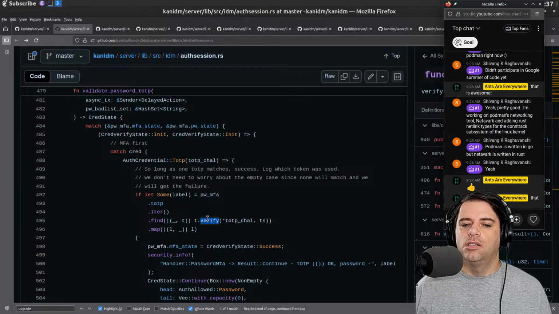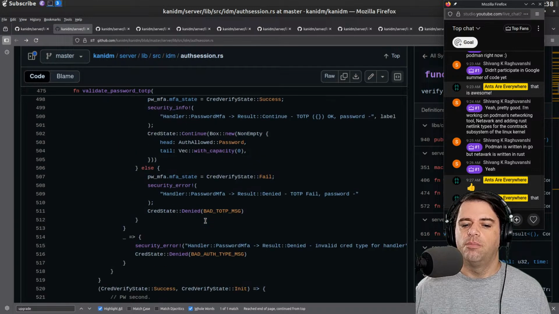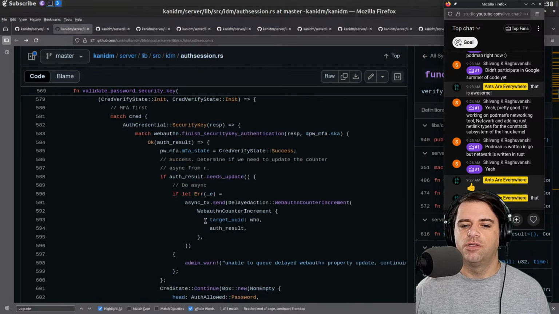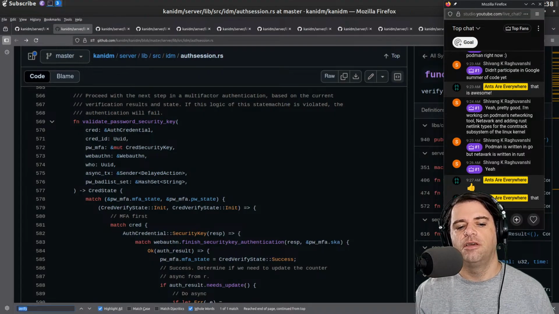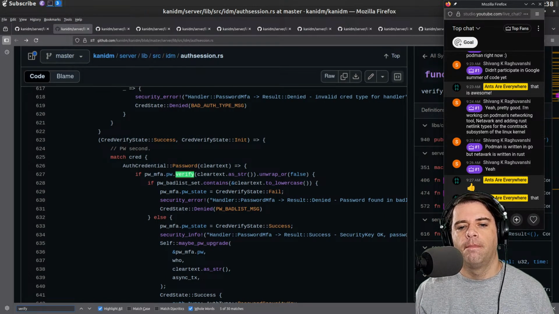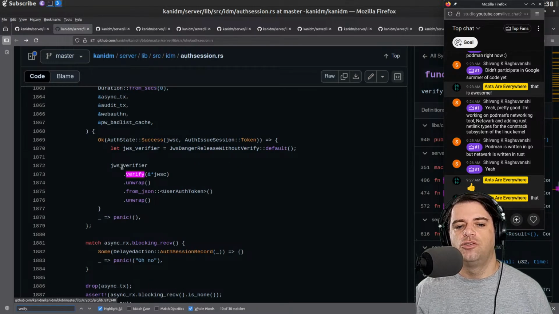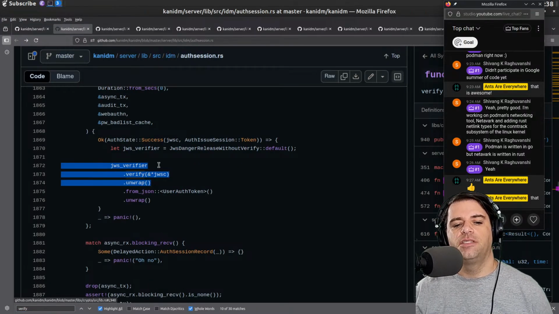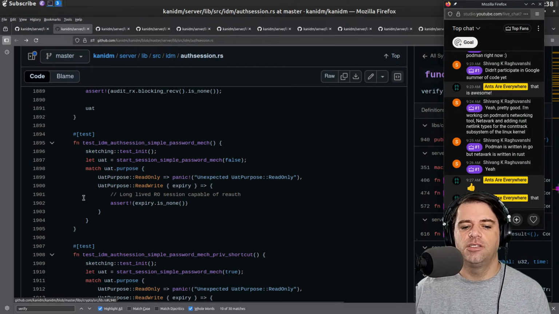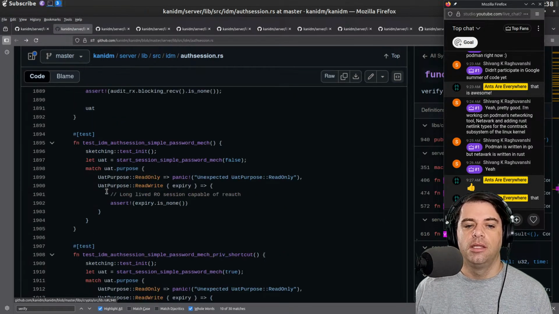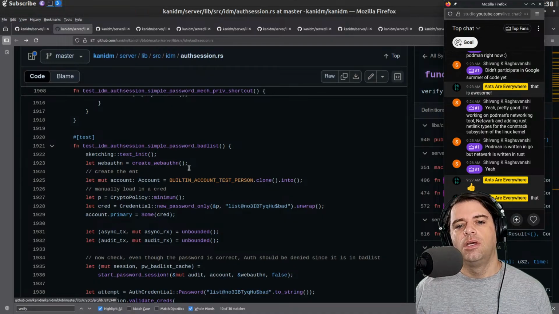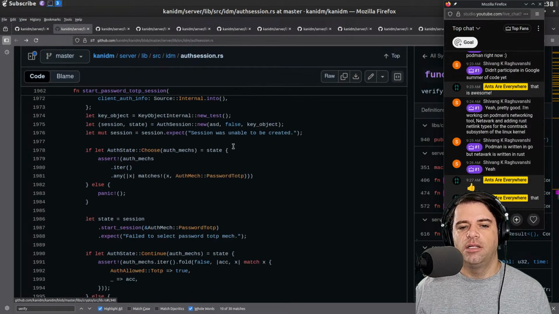And I don't know what kind of object this is, like where this method would be found, but presumably in the thing that has the structs for the MFA stuff. Password.verify. We have a JWS verifier. So it seems like the objects themselves know how to verify themselves, and this logic is essentially delegating to the underlying objects, kind of like object-oriented programming. And then we have tests in the file, as is the Rust style.